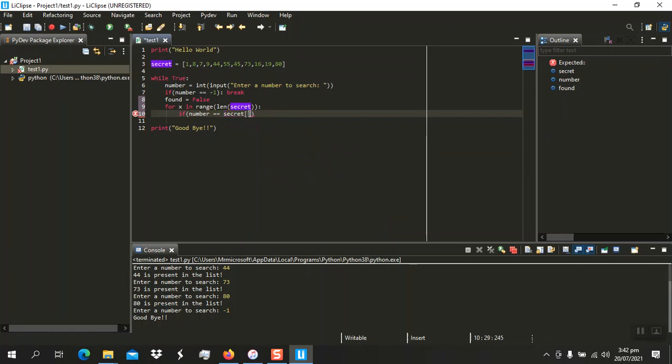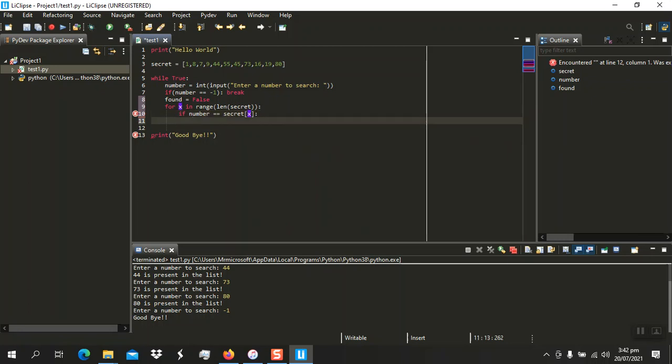This is very long. Normally you don't want to go through this, but it's just a method of programming. If number equals secret, you can either use braces or you don't if you want. It's common in C but not in Python. If number equals secret i, not i, x, sorry. If number equals secret x,